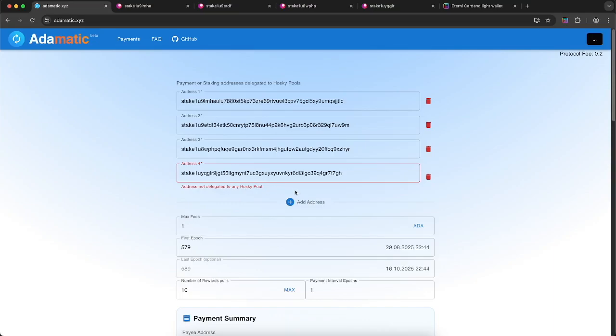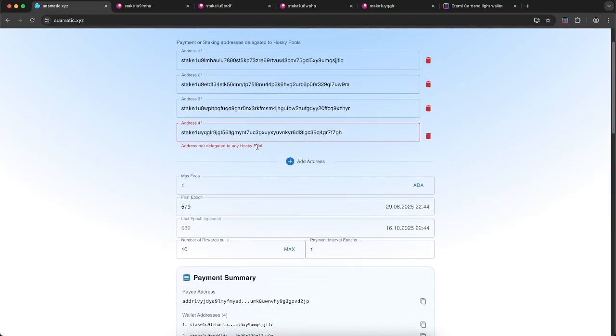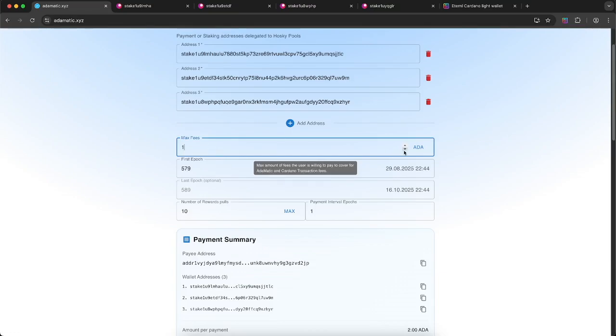So this is going to prevent you from completing the transaction and save you money, because otherwise it's going to be sending ADA to the rug pool address, to the vending machine address, and then it's just going to send you a refund. So this is going to save you a few bob, as well as informing you that there is an issue. So you're basically using probably a wrong stake address, you mixed up things and whatever. So we're going to be deleting this one, and as I said, the max fee we can go as low